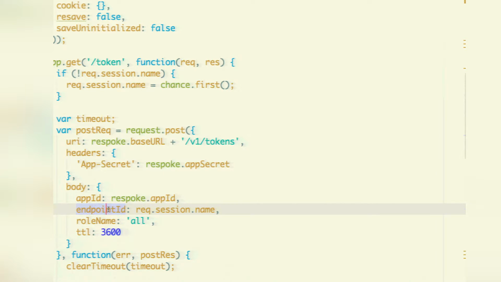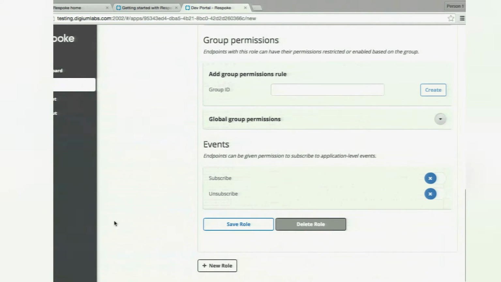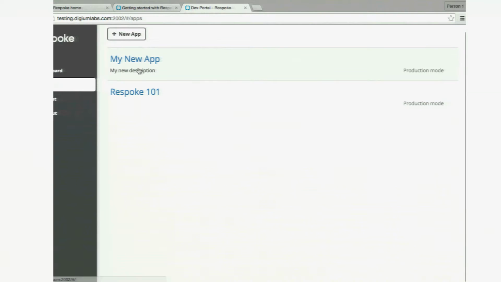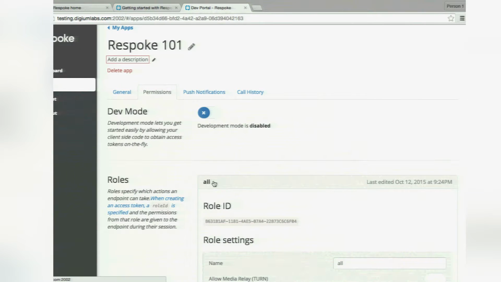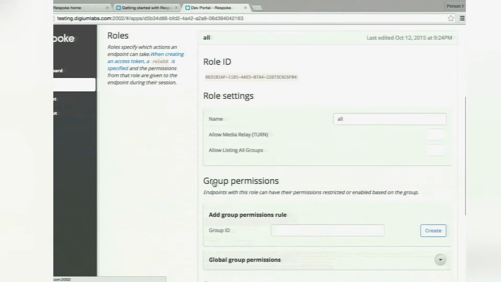Then you specify the role name. This is the name of the user, or the name of the permissions object. So I will show you this on permissions. I created a single role called all. This is usually what I do early in development when I'm not as worried about permissions: I'll create a role named all,